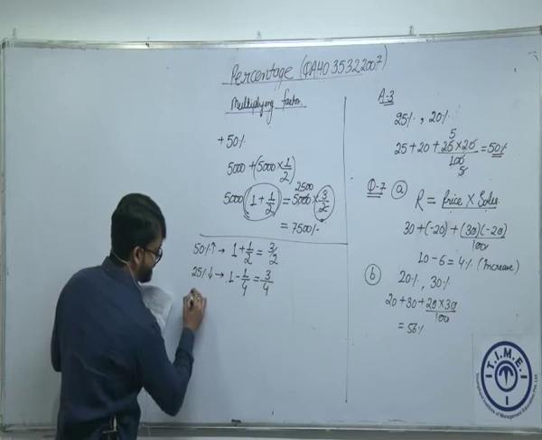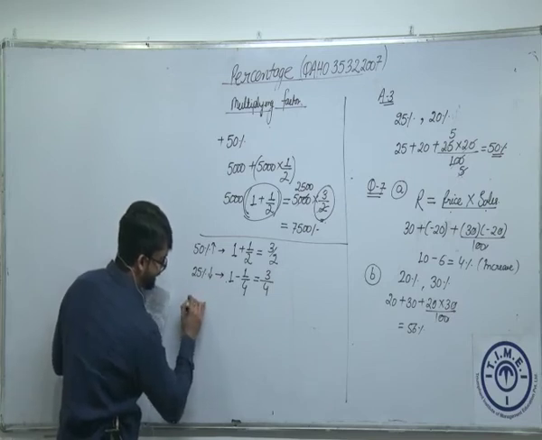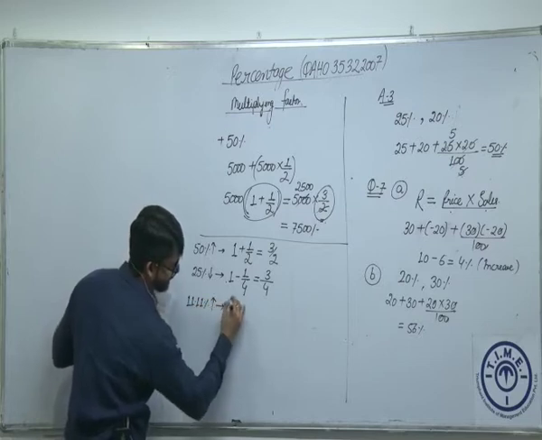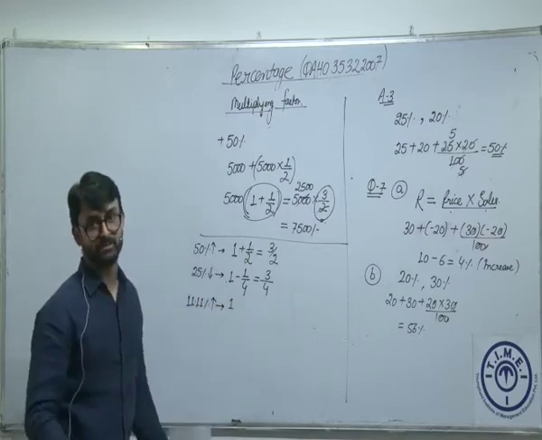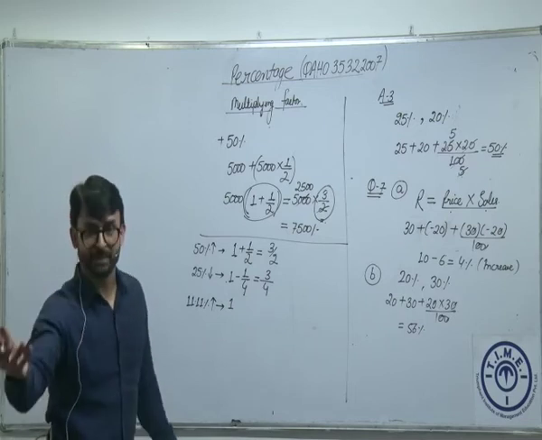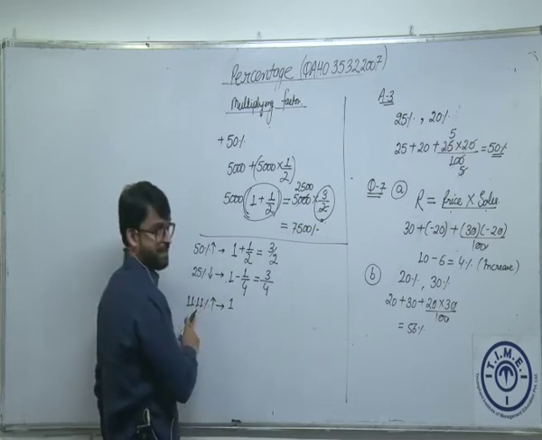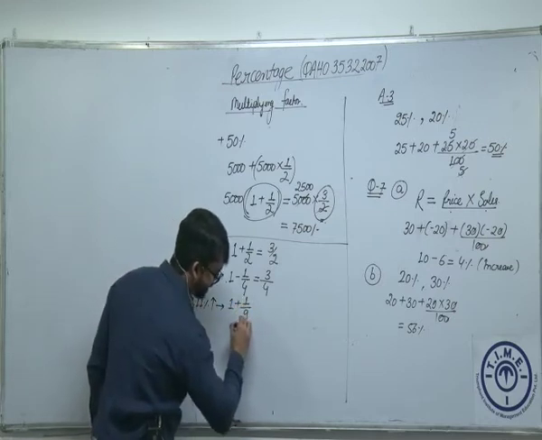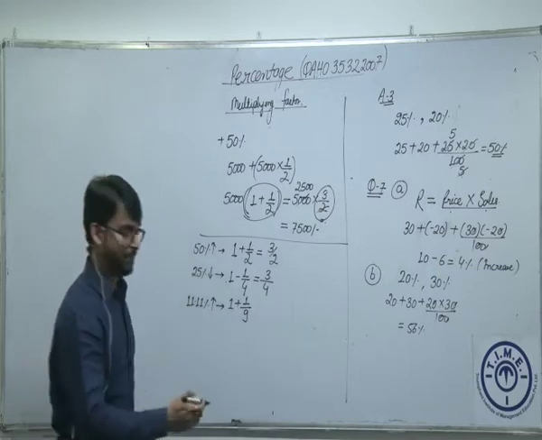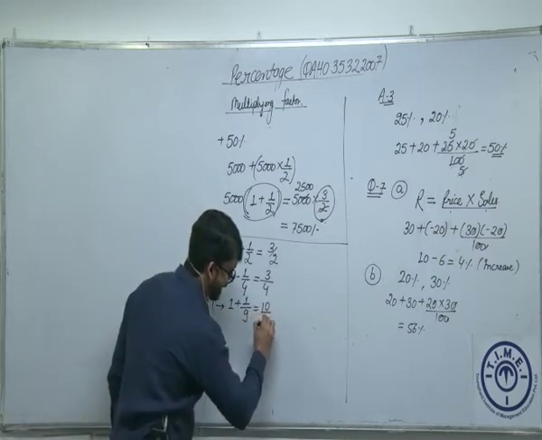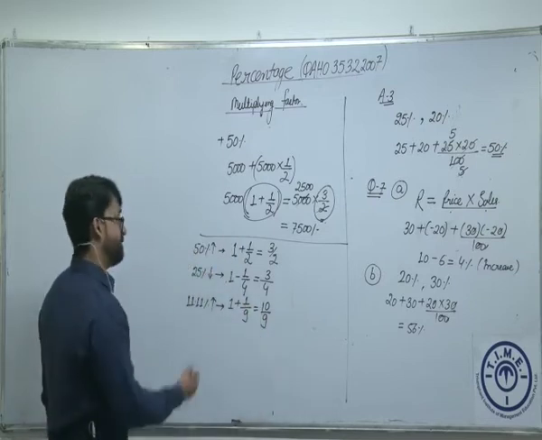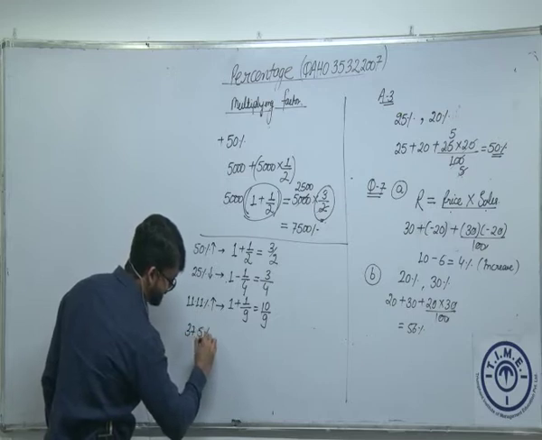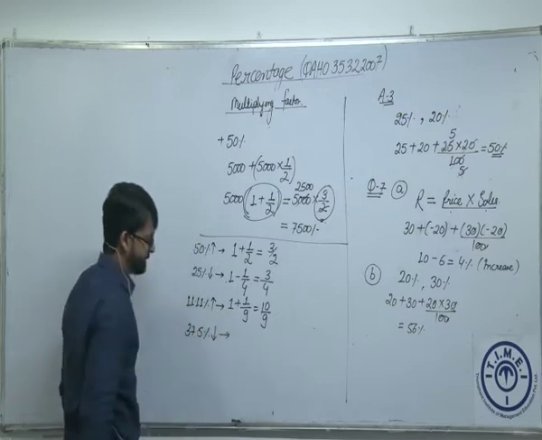Now let's take one more example. If I say I want to increase anything by 11.11%, everything is 1 times of itself. Increase is what? 1 plus something. What is the increase? 11.11%. 11.11% is what? 1/9. 1 plus 1/9, that is 10/9. One more example. If you reduce a number or salary of somebody by 37.5%.